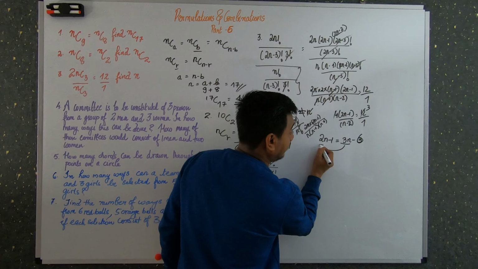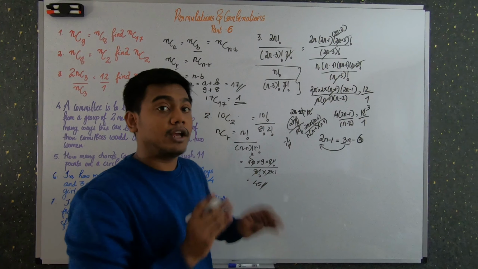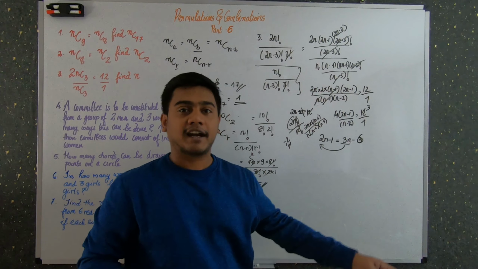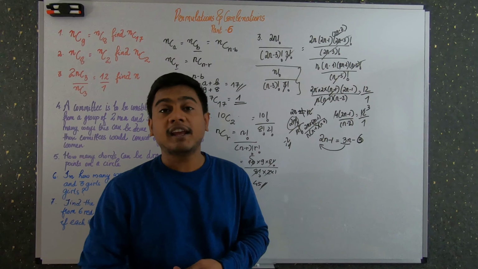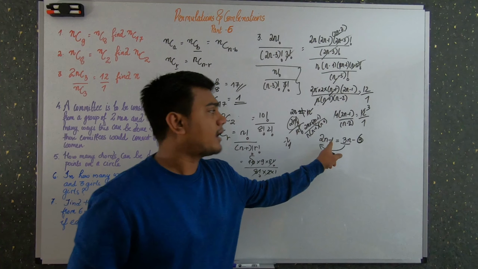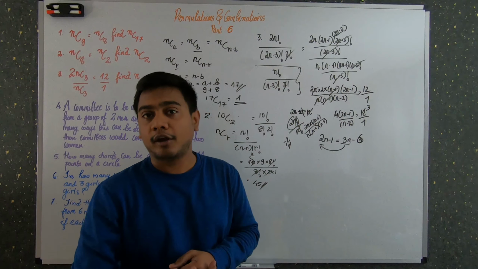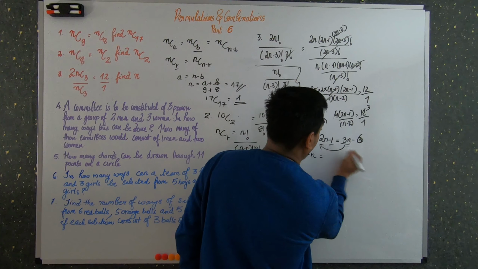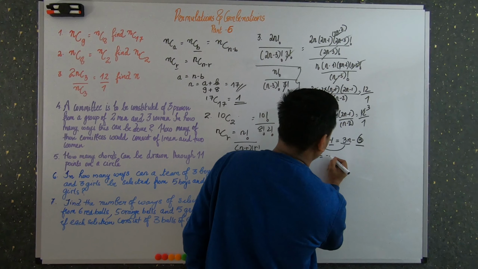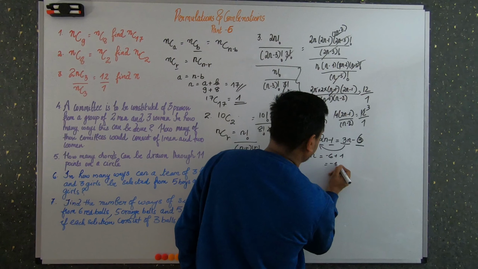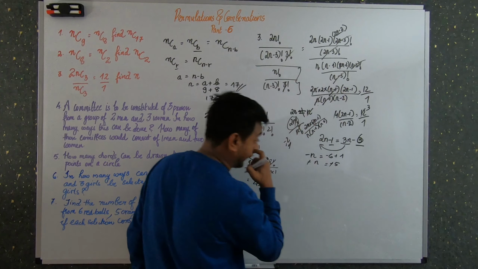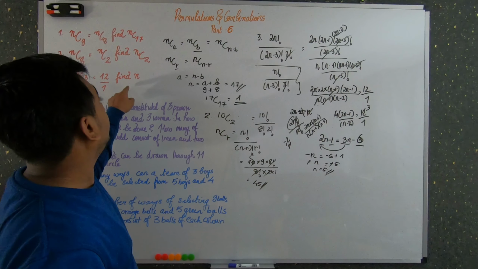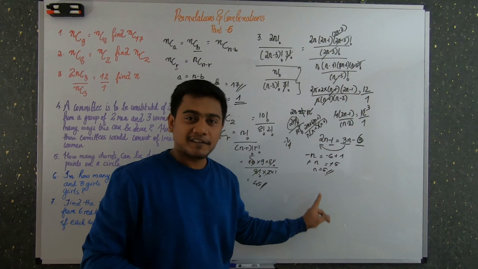So what happens? Take this 3 to this side, but that is an equation. It is easy to find when you keep all the variables on one side of the equation and constants on the other side, so that easily you can find the value of the unknown term. So what is the unknown here? n is the unknown, and we have to find the value of this unknown. So 2n minus 3n, that is minus n, minus 1 plus minus 6 plus 1, that is minus 5. Minus n is equal to minus 5. Minus and minus will get cancelled. So n is equal to 5. And you get the value of n. The value of n is 5.